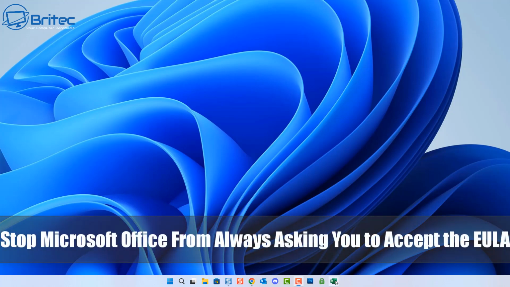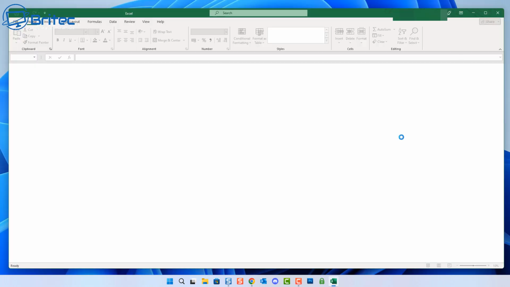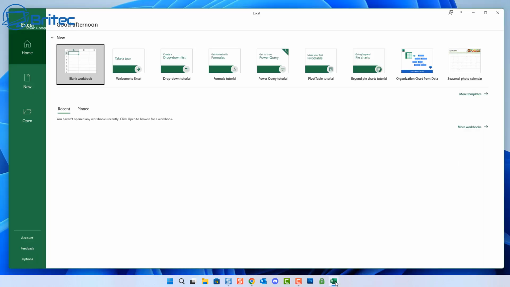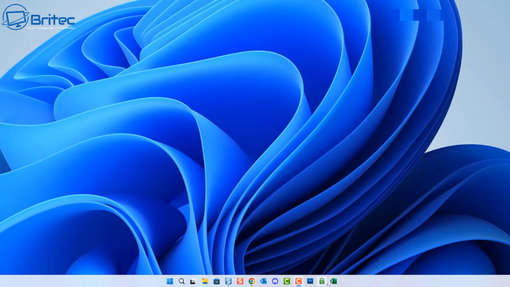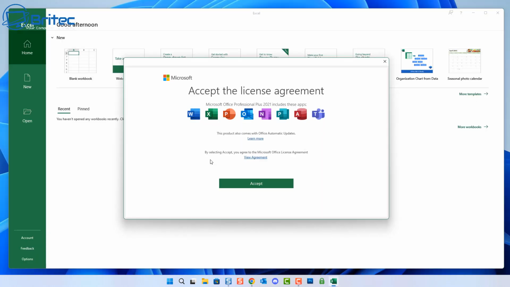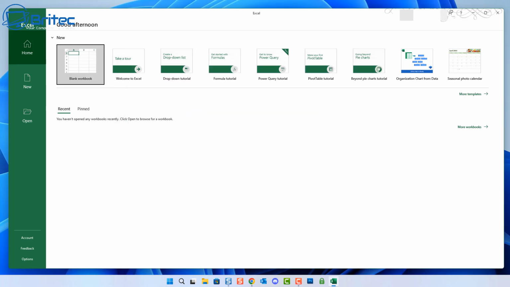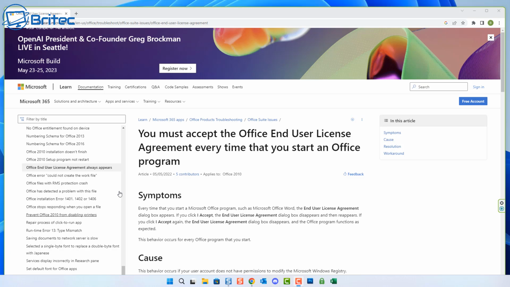What you guys, got another video on how to stop Microsoft Office from always asking you to accept the EULA. You can see here I've opened up Microsoft Office, and when I close it and open it up again, up comes the accept the license agreement every single time, and it really is annoying. It's an annoying little bug with Office, and this has been going on for some time now, and I haven't found a fix up until today, which I wanted to share with you guys